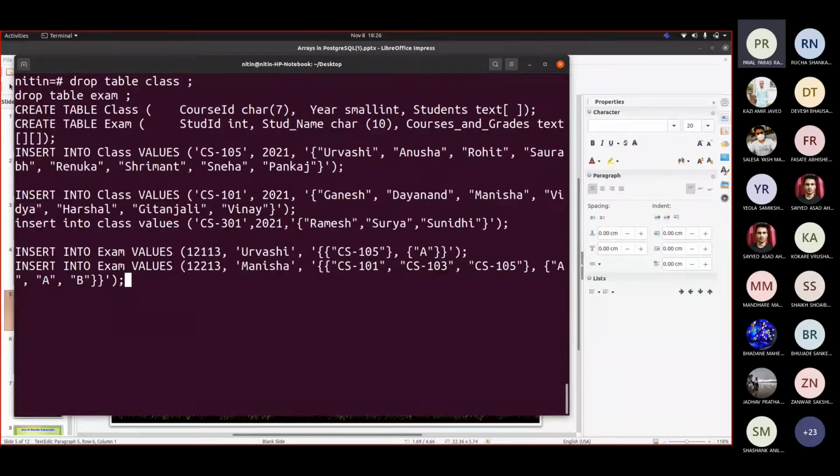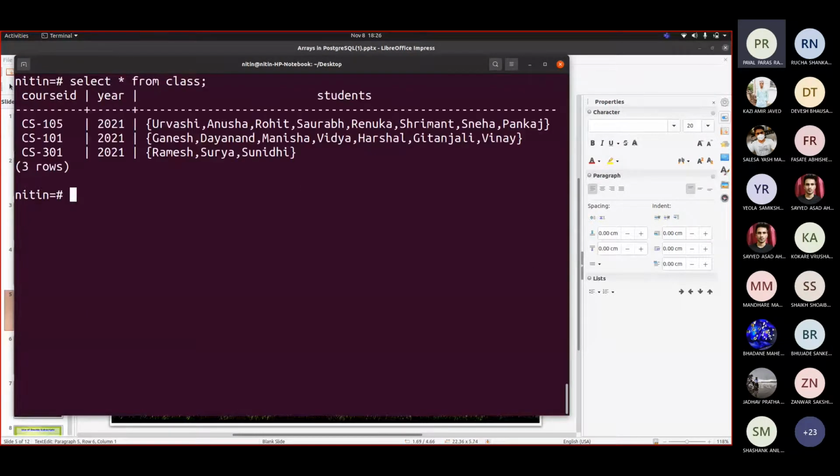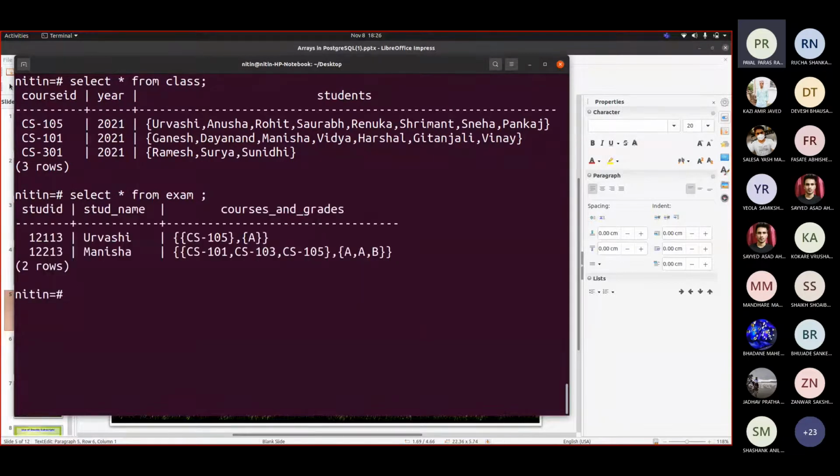Yeah, so this is how it looks. And so you can insert records like this. Now deletion would be very easy. You would be using a particular column value there. Now, yes, definitely questions can be there.